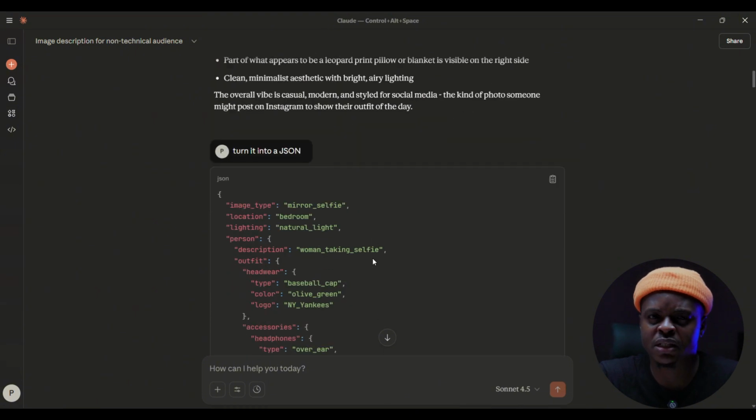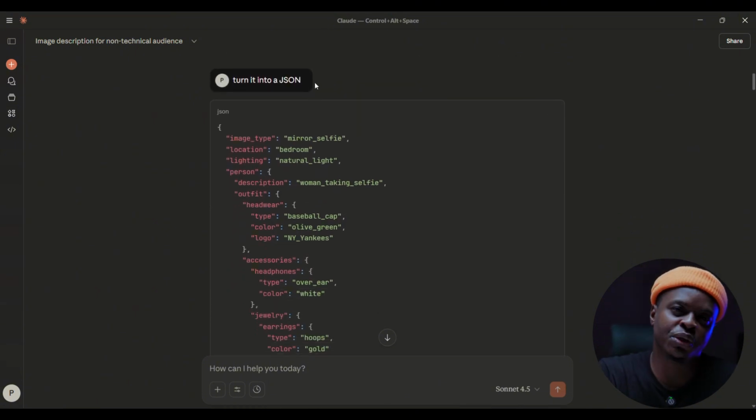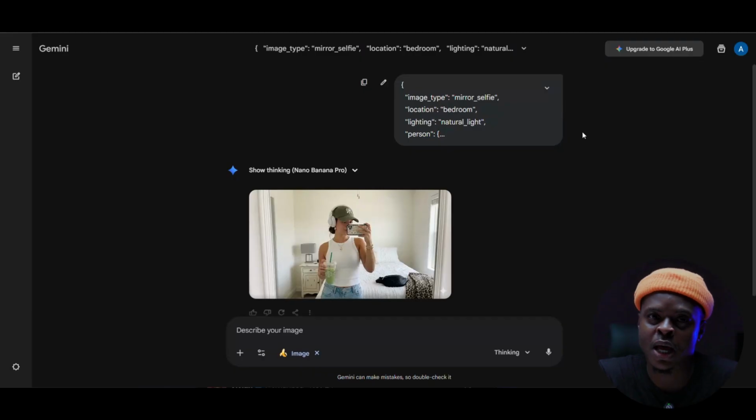I took it a step further and asked Claude to convert the image description into a JSON. It stands for JavaScript Object Notation. It's just a clean way of structuring data so humans and machines can understand it. So I copied the JSON prompt and went straight to gemini.google.com, and because you can use Nano Banana Pro there